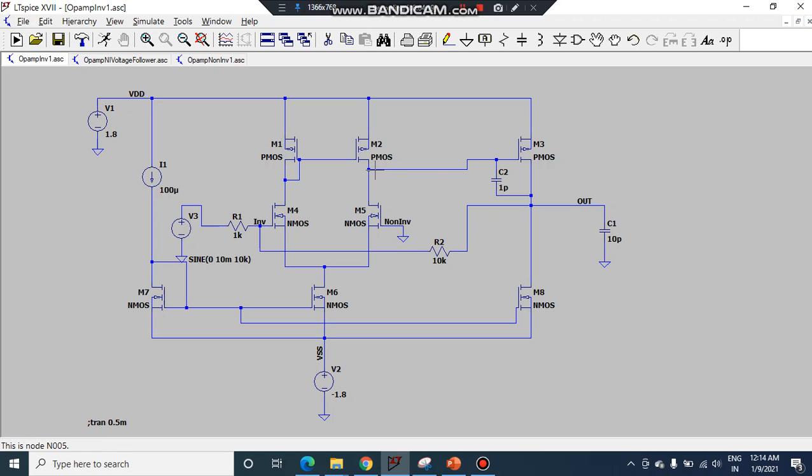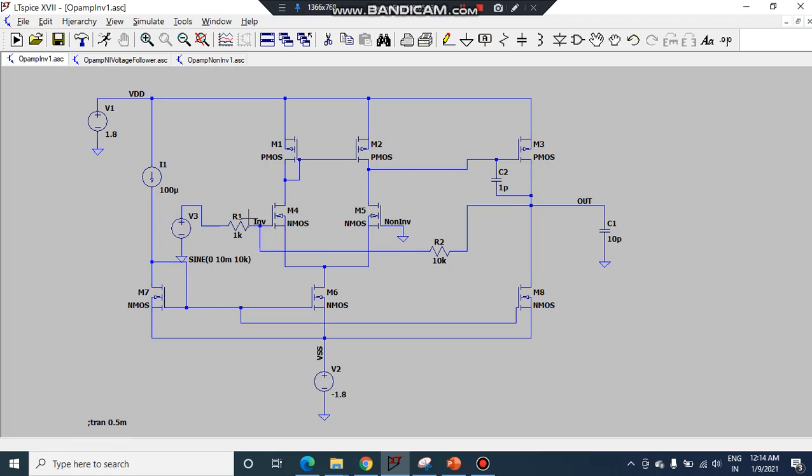Now this output of the differential amplifier is again available as input to the next stage. So this is going to the gate of the PMOS. This terminal of the PMOS is the source, which will serve as AC ground in AC analysis. Hence, this is also a common source amplifier. So already the output was 180 degrees out of phase, and again the final output with respect to the signal at the gate terminal of the PMOS will be 180 degrees out of phase. So we can say that the net output will be 360 degrees out of phase with respect to input connected at the non-INV terminal. Hence, input and output are in the same phase. That's why this terminal is working as a non-inverting terminal.